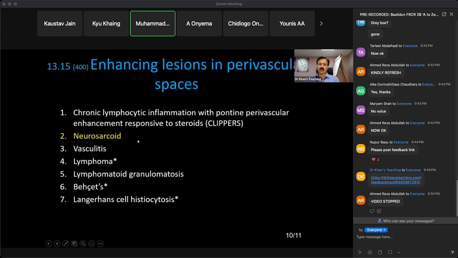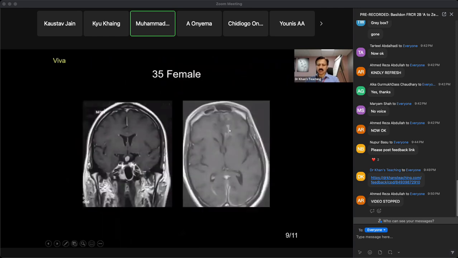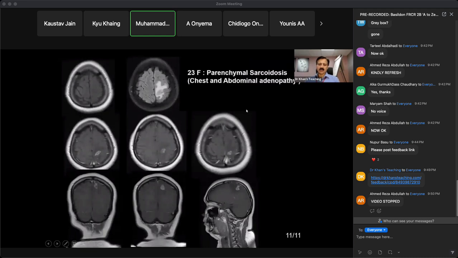It goes through the Virchow-Robin spaces into the brain parenchyma. So if you see here, there was an infundibular lesion, pachymeningeal enhancement, the unifying diagnosis. This one, of course, is intraparenchymal, but if you look carefully, it goes all the way to the cortex, indirectly telling you the connection. This is another case we reported in our hospital. This was a young patient, a 23-year-old female. Initially, we reported it as a primary tumor or solitary metastasis. There was so much edema